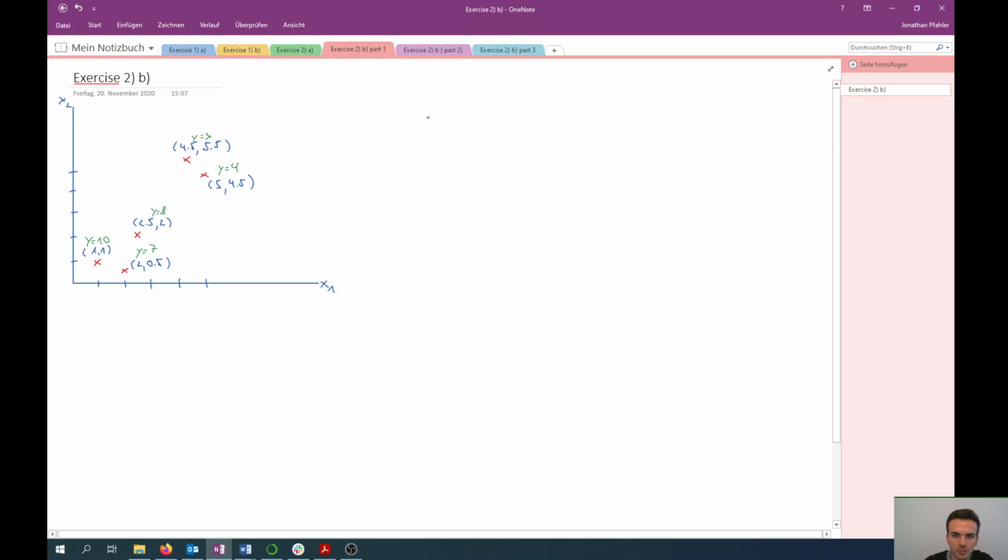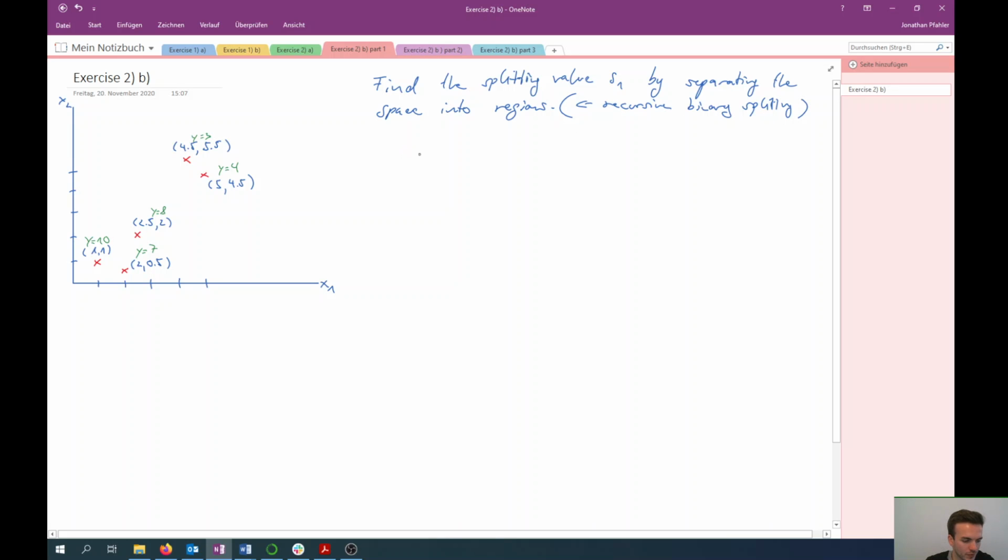Okay, now what should we do? We should find the splitting value s1 by separating the feature space into regions. And this is part of the recursive binary splitting. Okay, so the resulting regions will be R1,